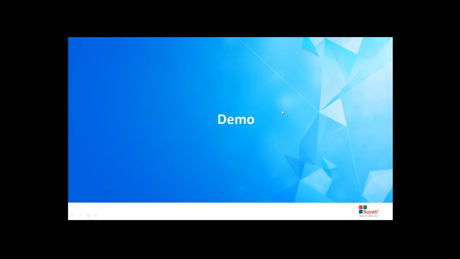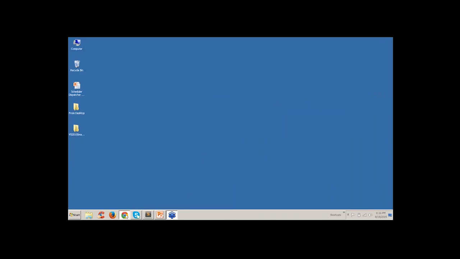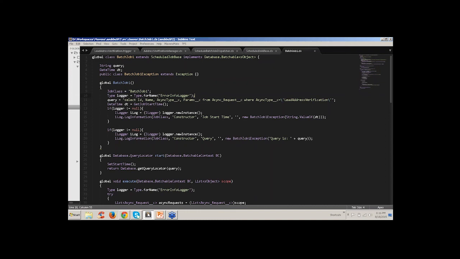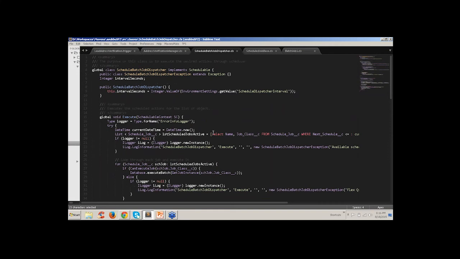Let's go into the demo and see how this framework has to be designed. First of all, we need to understand how the main Apex scheduler should look. As you can see, this class implements the Schedulable interface.